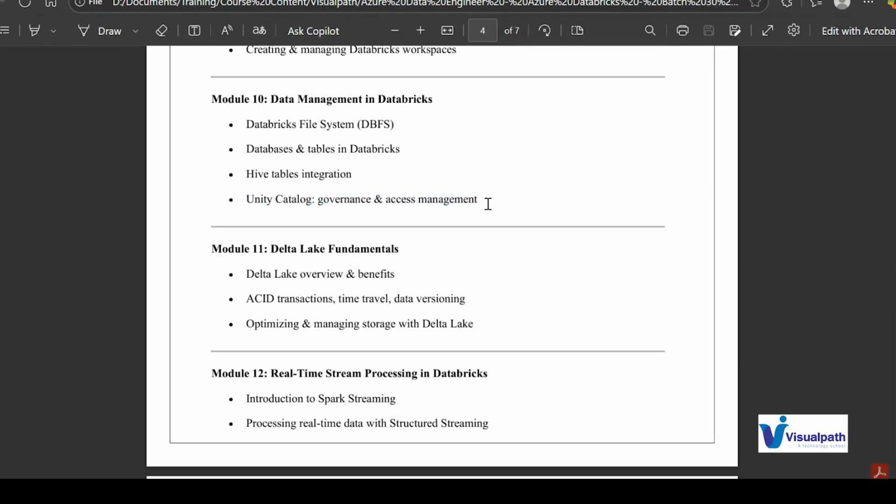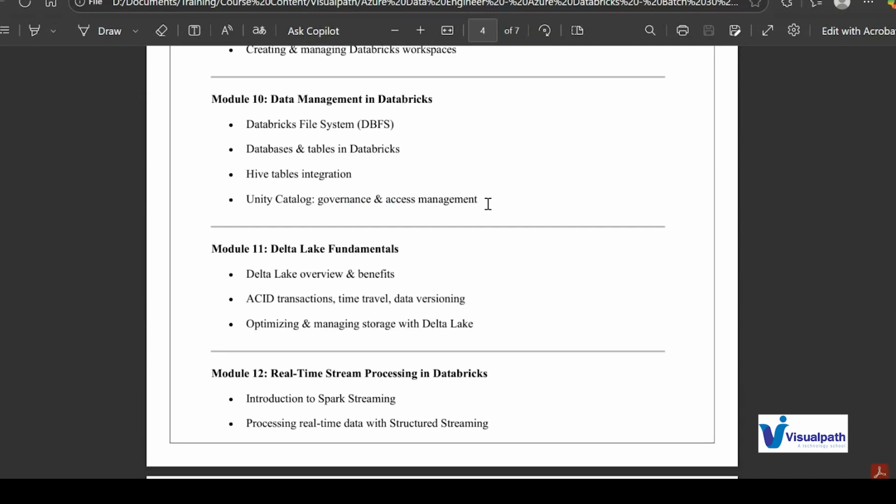Another important thing is that we are going to have two setups of Databricks. One is the Databricks that is integrated with the Azure platform, and another will be the free edition of Databricks. Whatever code we are going to practice, whatever Spark code we are going to learn, we are going to do in the free edition of Databricks.